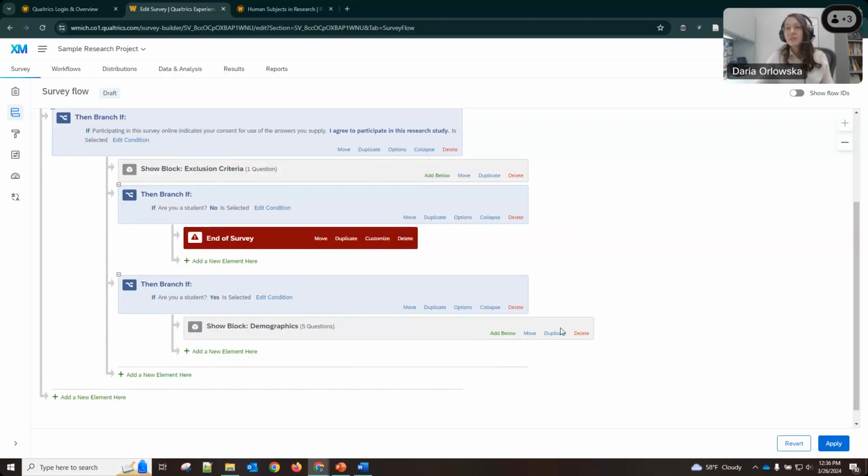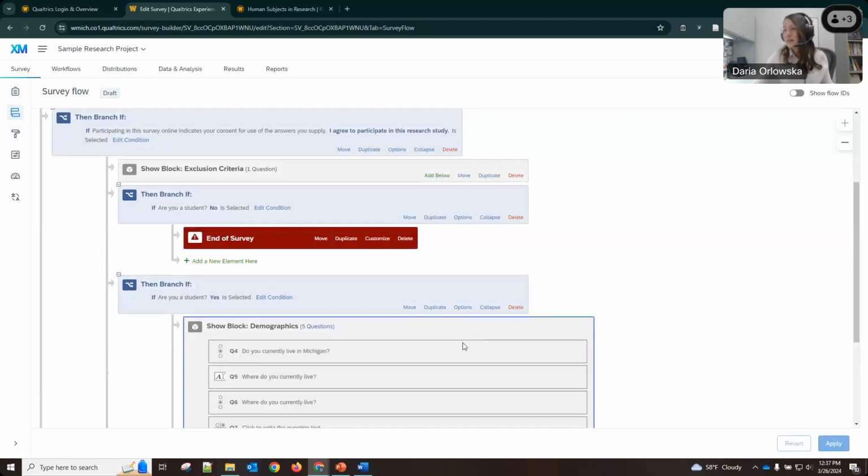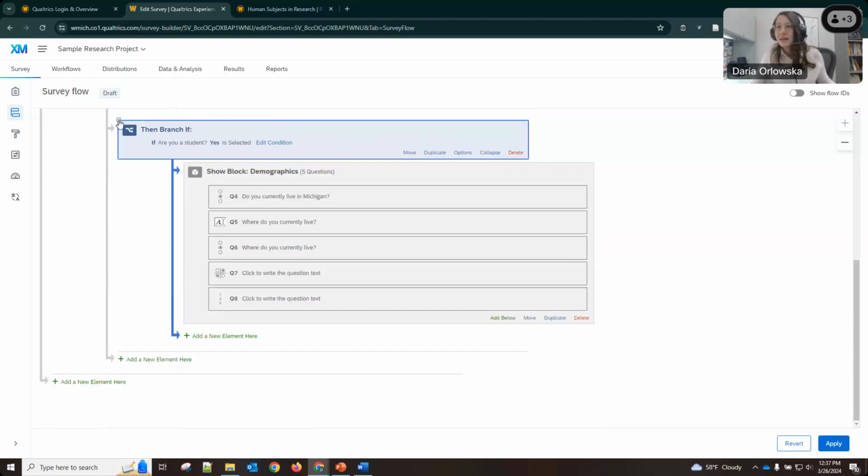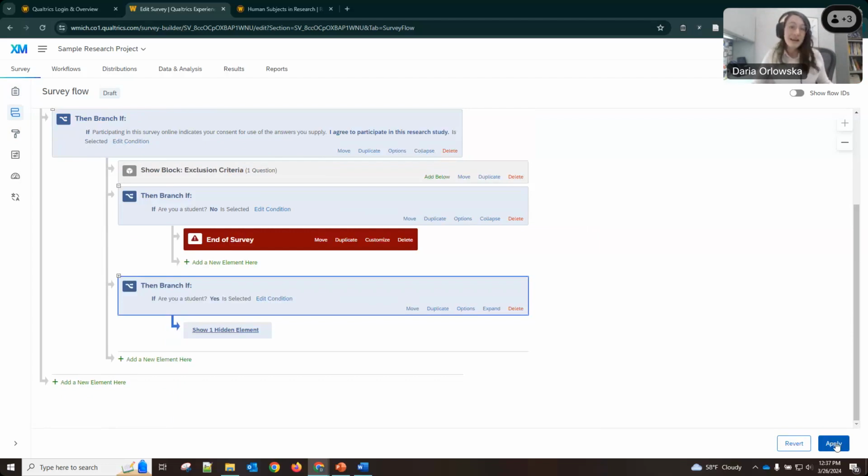So once you've done this, you need to go to the bottom and click apply, or it will not save your changes. If you do not click apply and you try to move into something else, it will ask why you don't want to save your changes. So Qualtrics has become better at prompting you, but just go ahead and click apply. If I click on end of survey, the apply button will reactivate because it thinks that you have made changes. You can choose whether or not to save them. I just typically do for the most part.